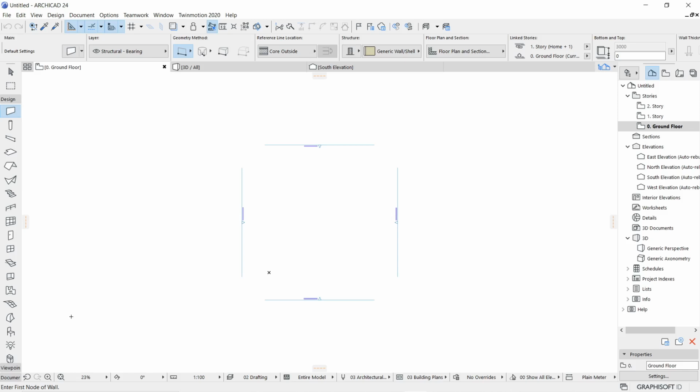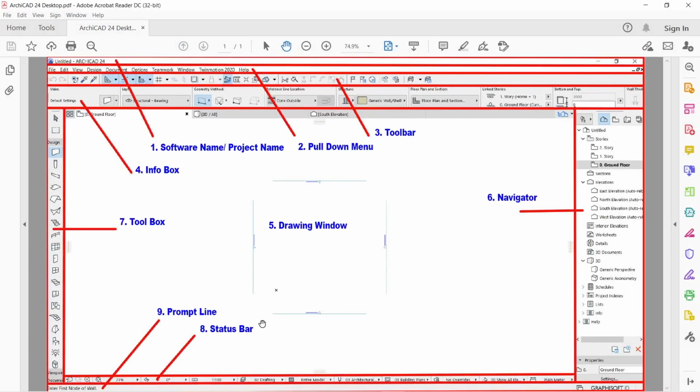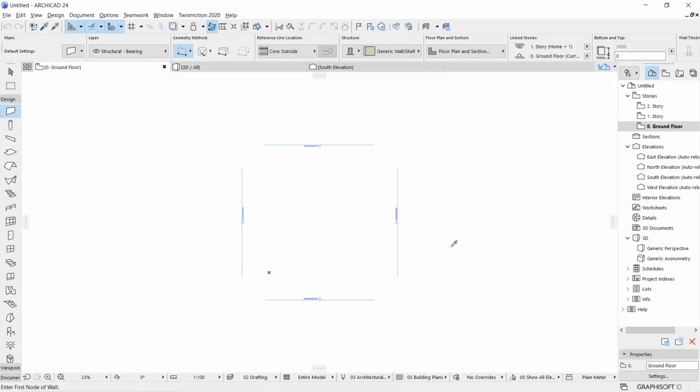Actually, I'm going to provide you one small image in the description. I must have given you one clip that you can download, where I've marked all these areas. I'll just try to show you. Okay, this is what I was talking about. So this image will be available for you, so you can download this and use it for your further convenience. So anyway, this is how my ArchiCAD screen is identified for its various components. In the next clip, we will actually start using ArchiCAD.